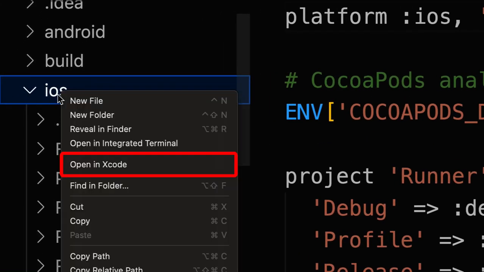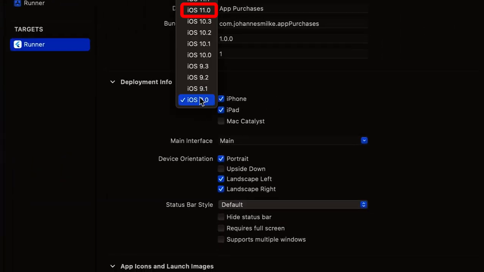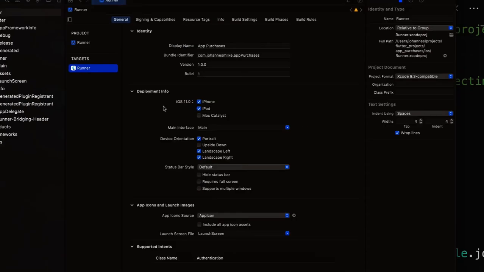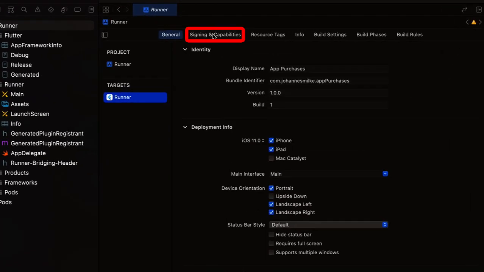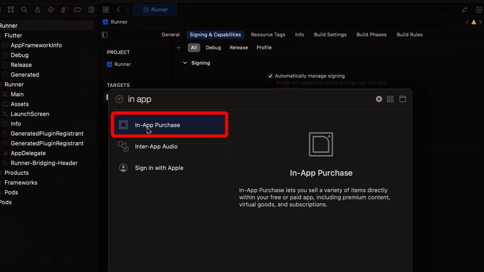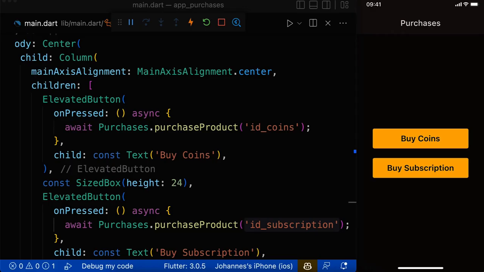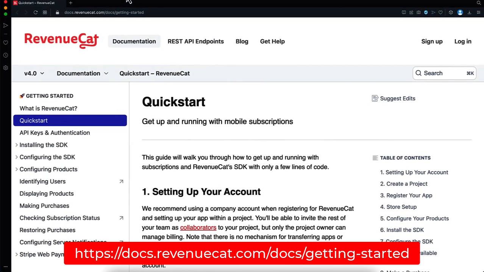Next, right-click on your iOS folder and choose Open in Xcode. Inside the Runner folder and Runner target, you need to make sure that you set the iOS version to at least 11. Also go to the Signing & Capabilities tab and click on plus and add the capability In-App Purchase, and this should then appear here at the bottom. This is basically the main functionality of your Flutter app,